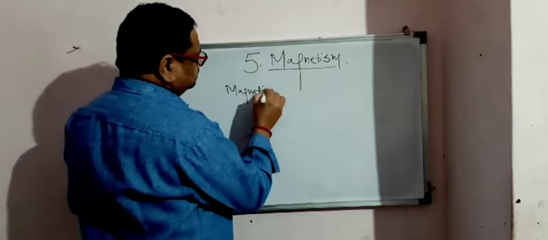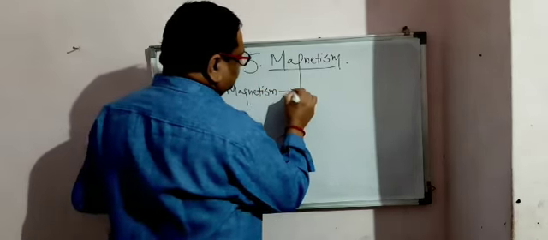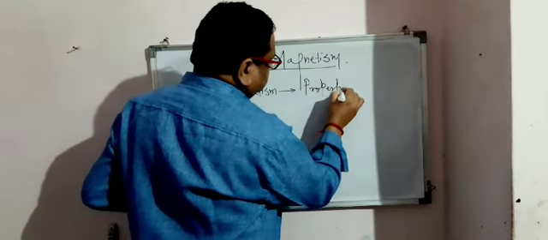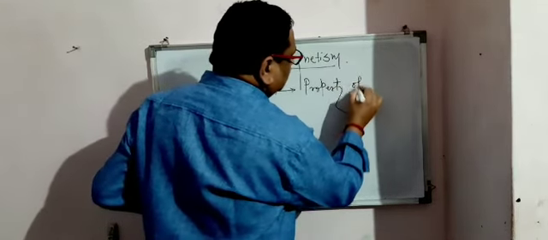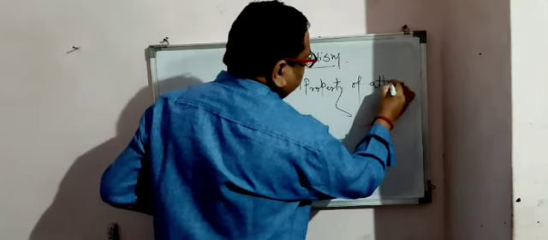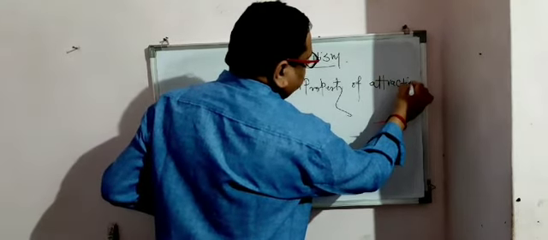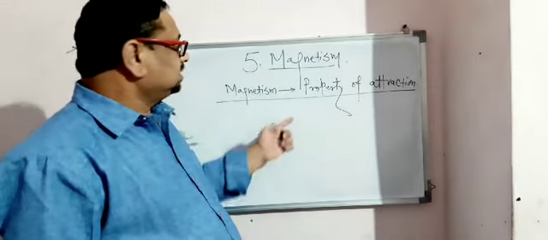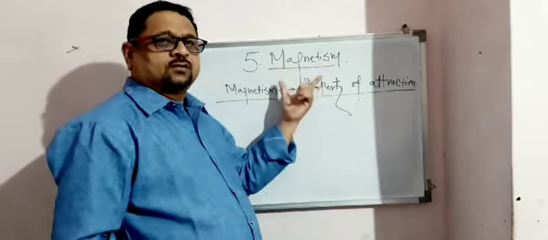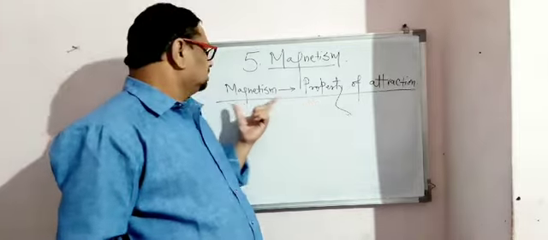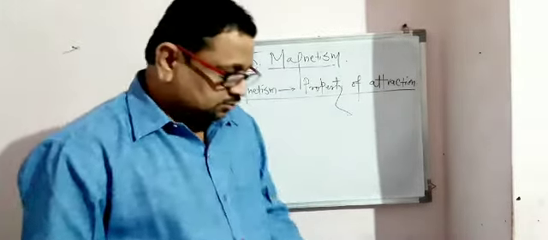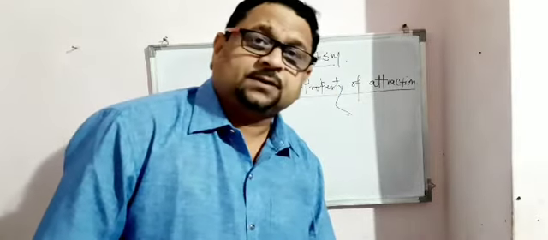What is magnetism? Magnetism is the property of attraction. That is very important. Actually, this is the name of the chapter, and this is what we are going to study: magnetism, the property of attraction. Now see, we are going to see the basic properties of